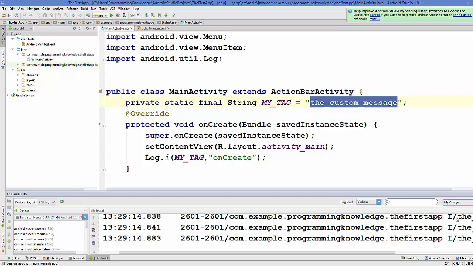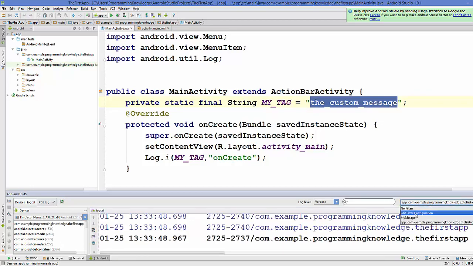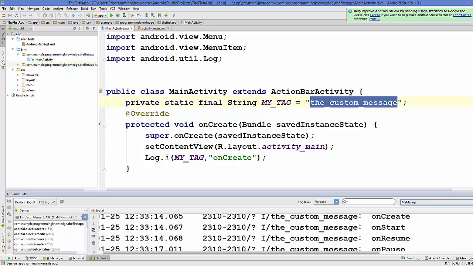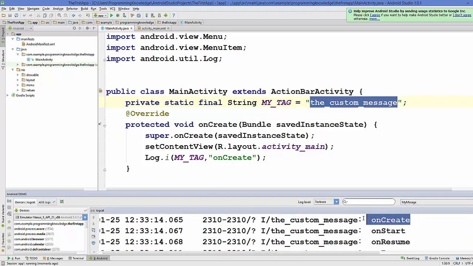Once again choose this message, and let's see what happens whenever you run your Android application. You can see the first method called is onCreate,